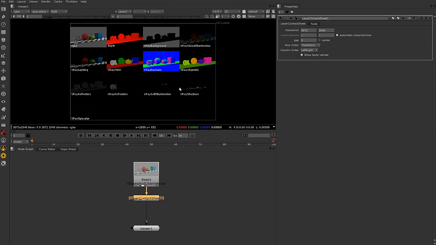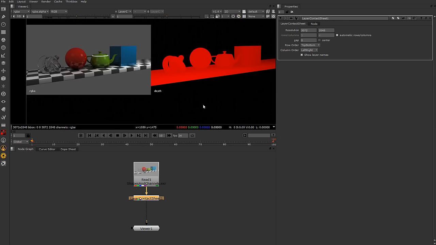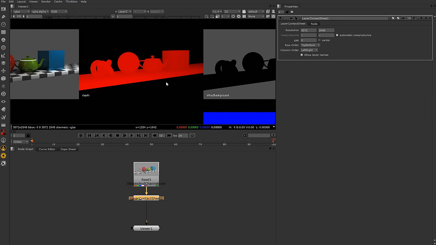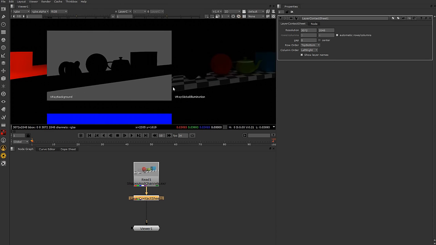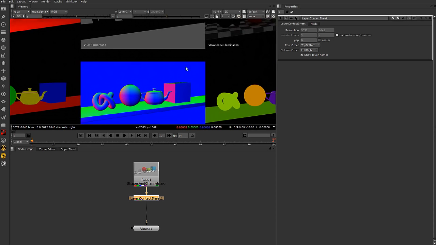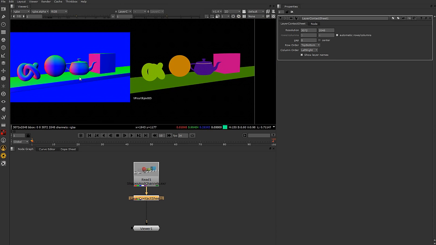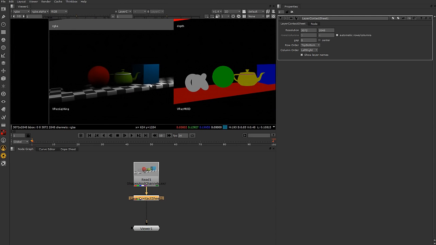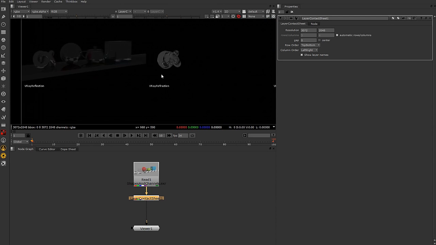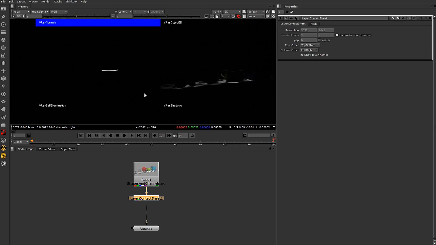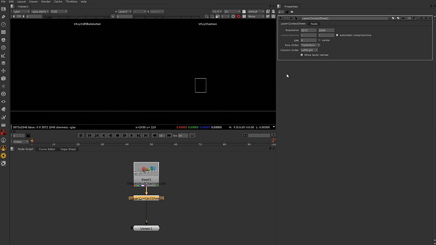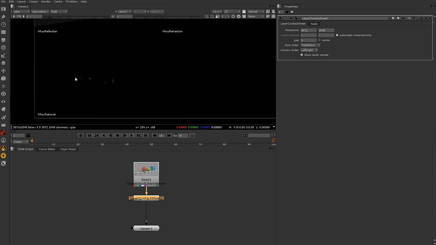In fact, there are a couple of others that I've included in there just so that you can have a bit of fun with some of these layers and see what you can get out of them. But let's come in here. We've got our RGB, we've got our depth, which is our Z depth, and in this instance it's actually been saved into or interpreted in the red channel. We've got our V-Ray, our background, our global illumination, our object ID normals. We've got our material ID, lighting, V-Ray lighting, reflection, refraction, global illumination, V-Ray shadows, and the last one is specular